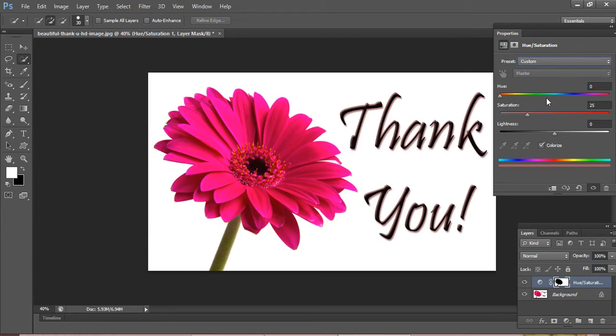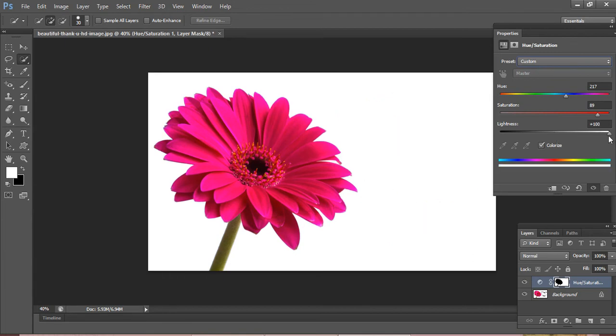After selection, you see hue, saturation and lightness. If you adjust the hue, the color of the background alone will change. If you don't want the background, you can lighten it, and you can go from minus 100 to plus 100.